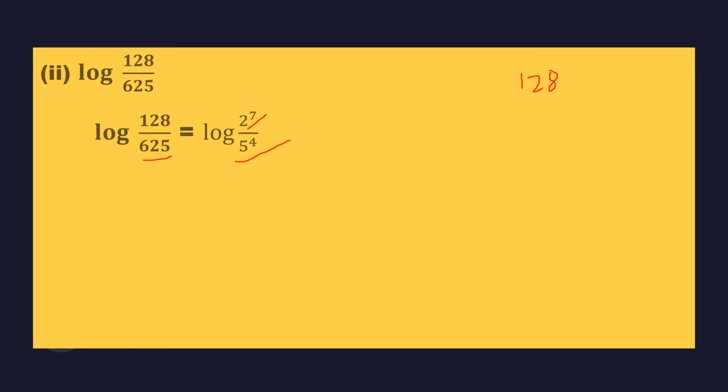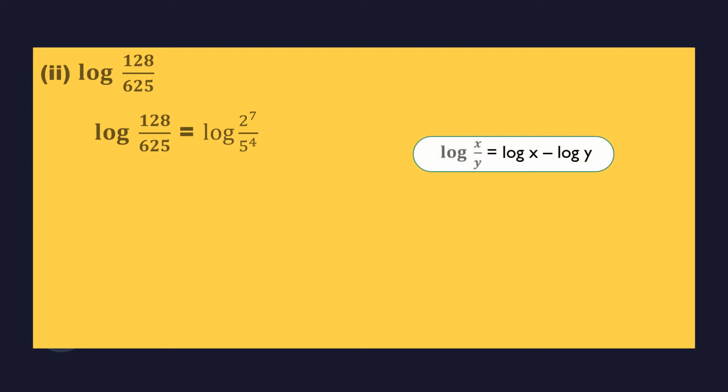For doing this prime factorization, it is very important to know about the divisibility rules, so that you can easily do them. For the divisibility rules also, please follow the link in the description. Here if you see properly, it is x by y form, because here you have division. So who is the friend of division? Minus. In logarithms, the friend of division is minus. So give logarithm for both of them, and in between you put minus.